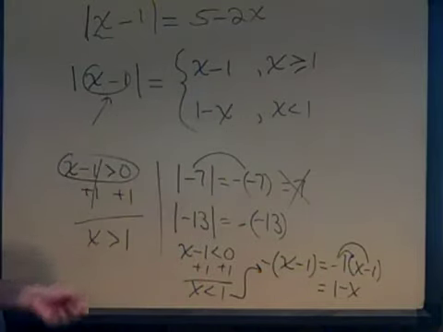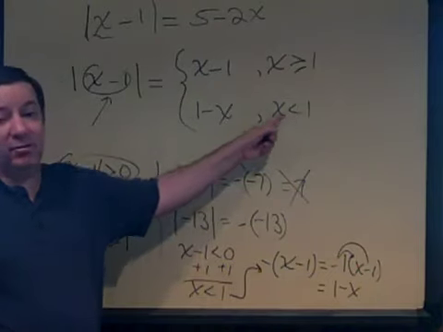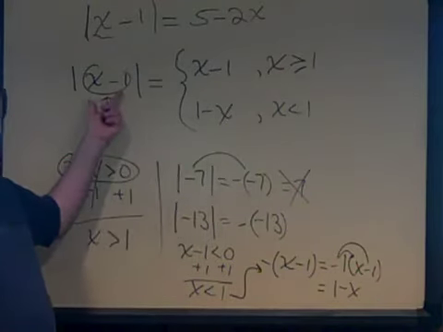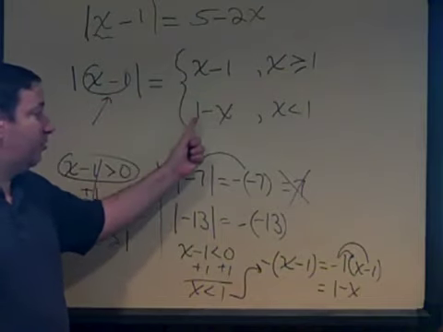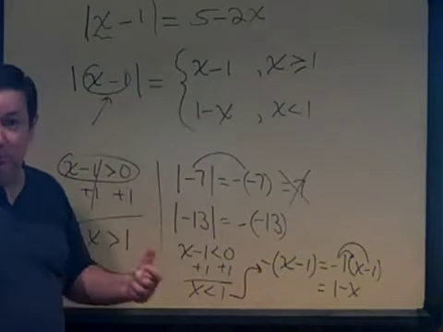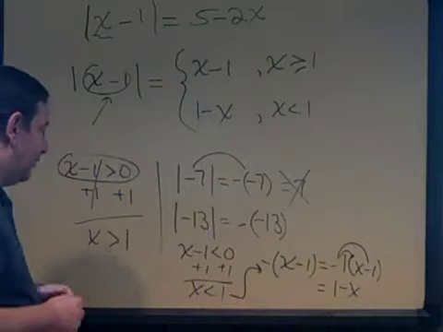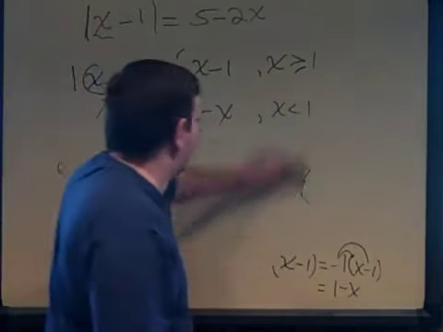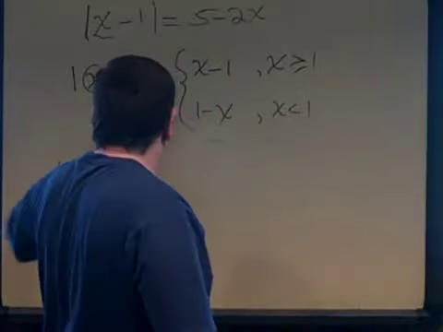They're both 0. For the record, I could have put the equal sign there, because if x is 1, the absolute value is 0, certainly equal to 1 minus 1, which is 0. Okay, so now that we have an understanding of what the absolute value of x minus 1 equals,